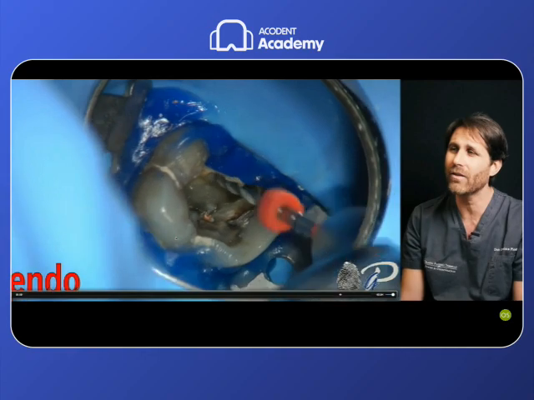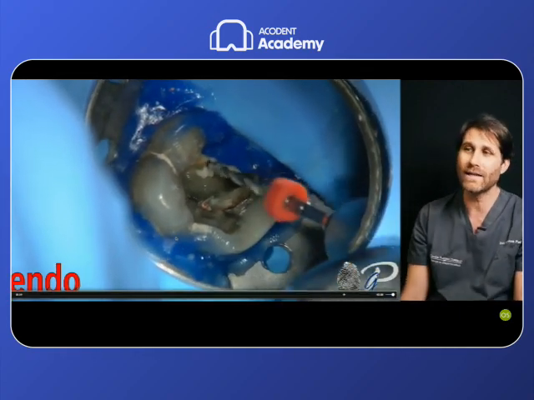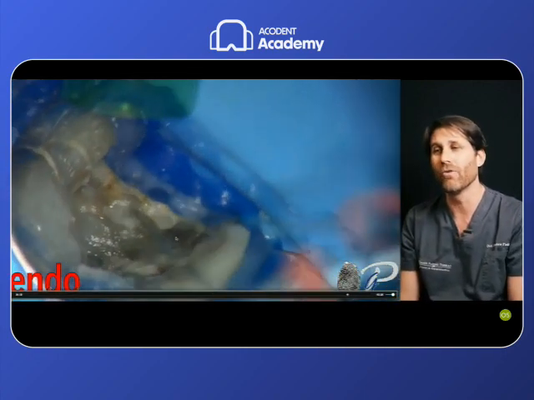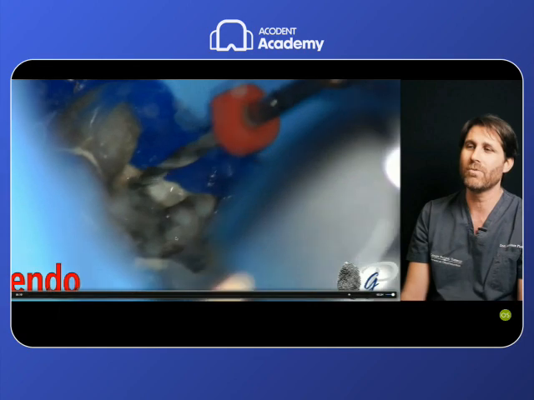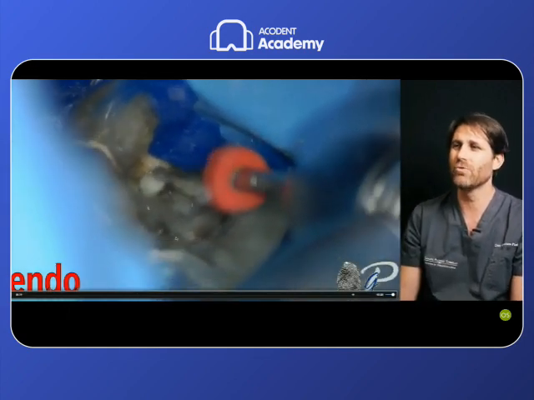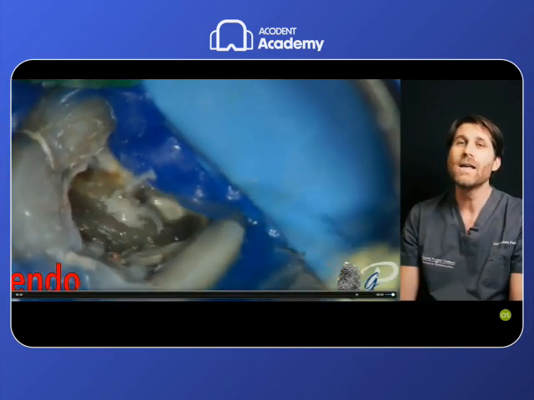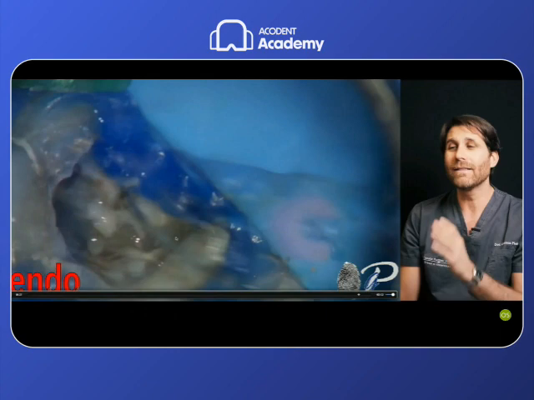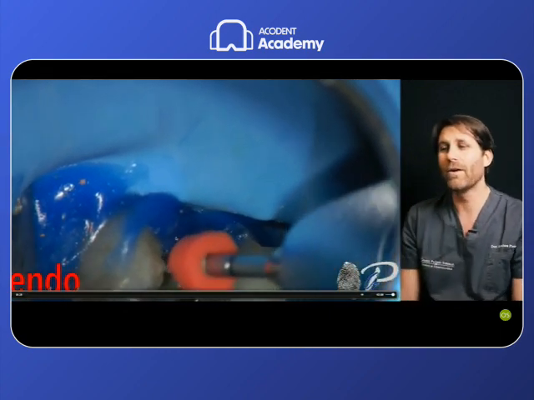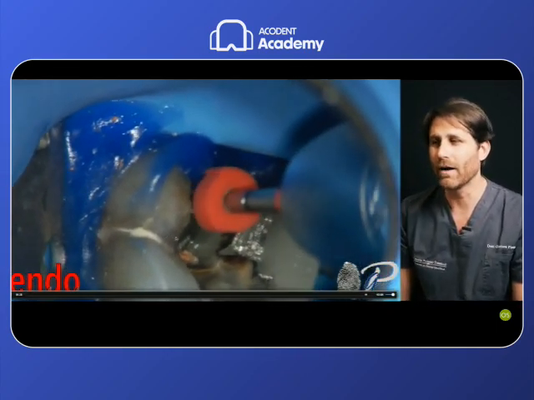This is an old case. Today I would like to use in this case the Reciproc Blue because it's more flexible, and I have seen how many difficulties I had even with the small files in this case, but the Reciproc was even effective in this case to reach the working length. So Reciproc Blue should now be my choice, or in these cases, a file that can reduce the taper of the coronal preparation to reduce the amount of dentin removal in the coronal third, and we will see this in the last part of this lesson.